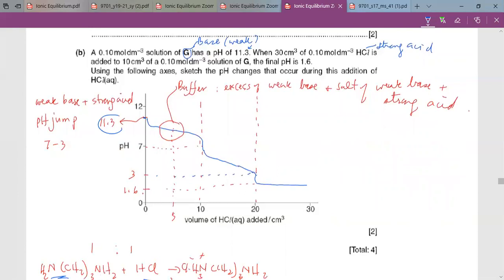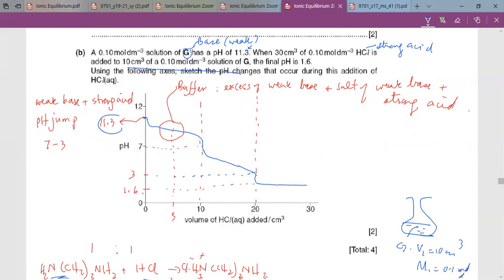When 30 cm³ of HCl is added, this is your conical flask here, and here is your base. Did you get the volume here? Added to 10 this here. So it's good to put here V1 equals 10 cm³, M1 of the base equals 0.1